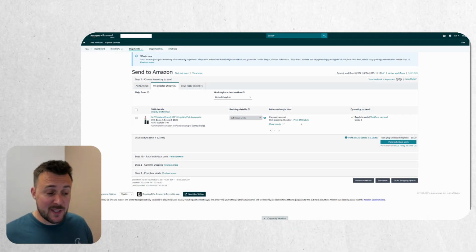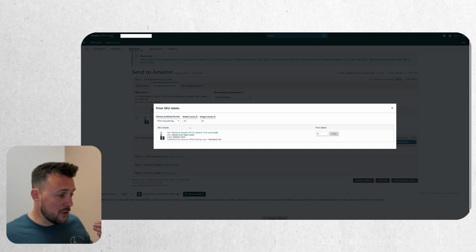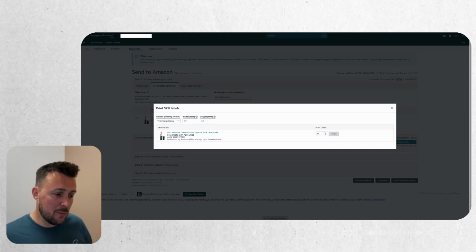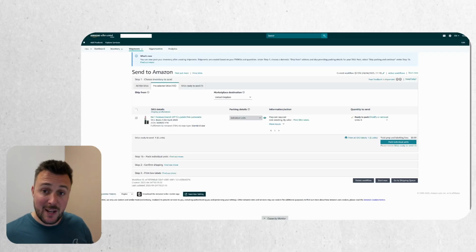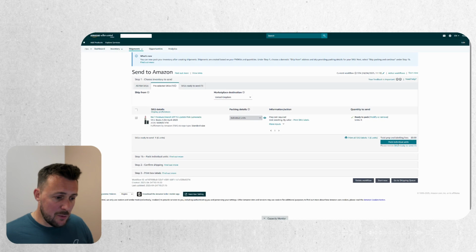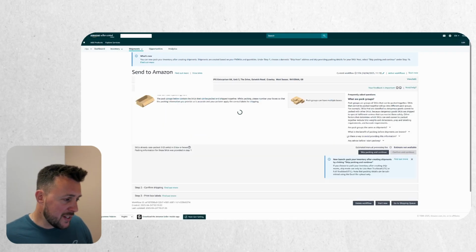If you've got a prep center, they will print the labels from here and apply them to the product. But if you're doing it yourself, select the dimensions of the labels, which printer you're using, select the number of labels, and then just hit the print button and they will spit out, and you can put them over the existing barcodes on the products that you've got. Then once you've done that, just click pack individual units, and we will move on to the next step